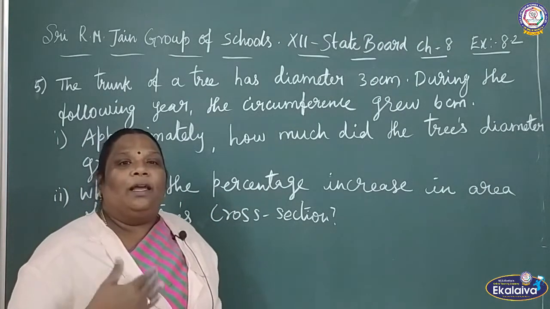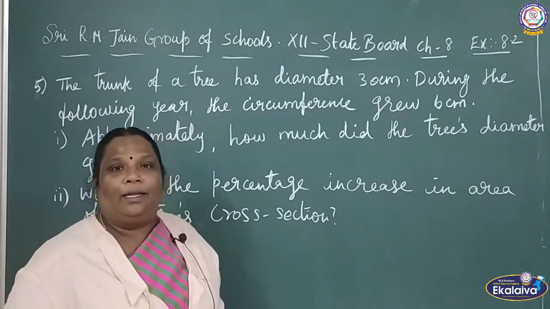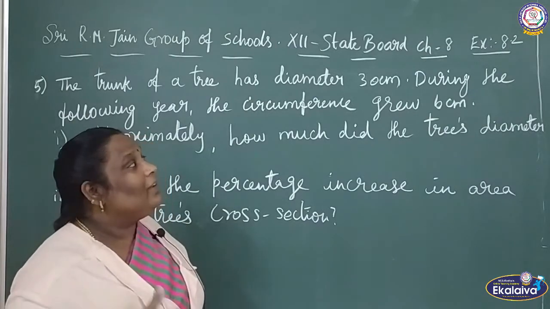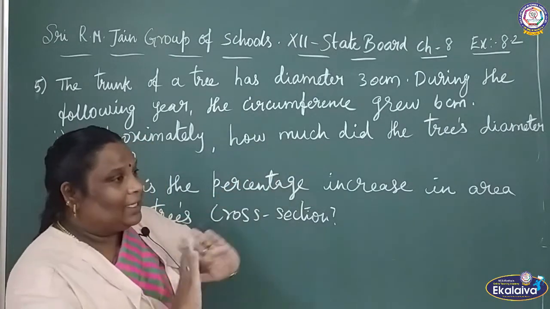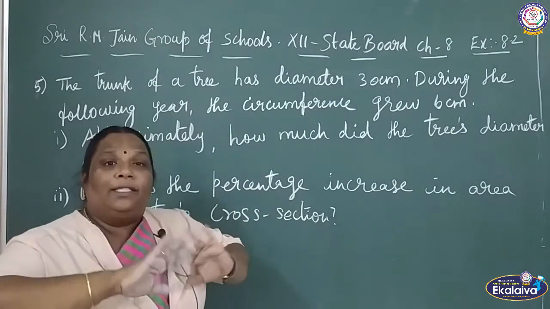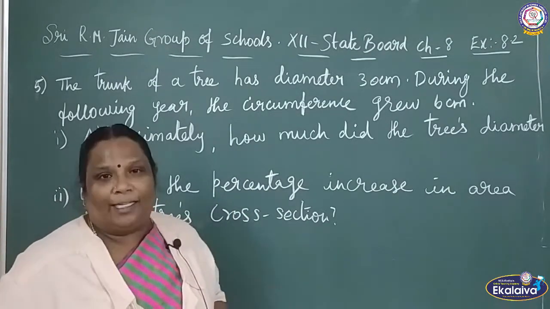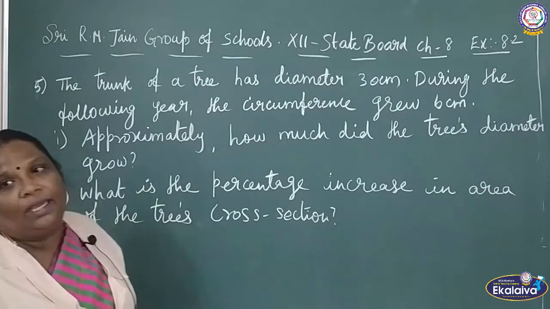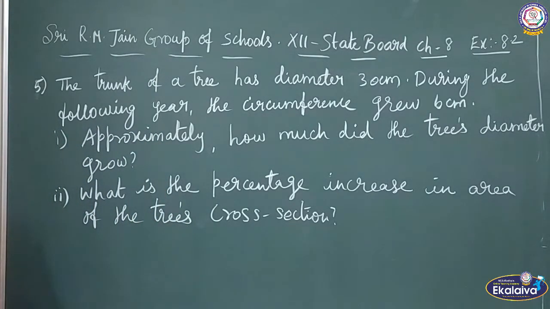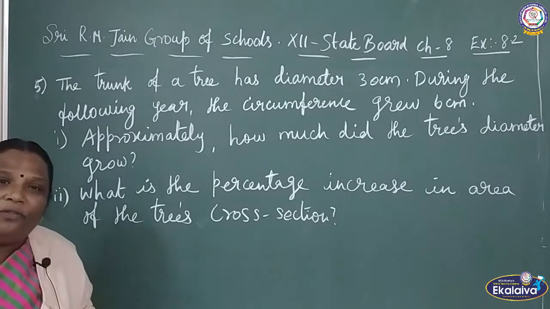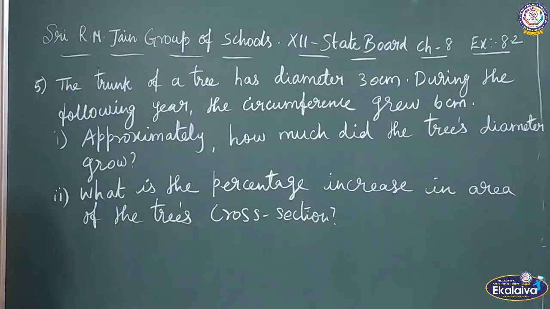Because see, if you have planted any tree, it will grow. Definitely it will grow. So like this it grew. The circumference is nothing but like this. The circumference grew. That is the change. What is the change that takes place? It is nothing but dp. Okay, that is the circumference. You can take p as the circumference, and the rate of change of circumference is nothing but dp.